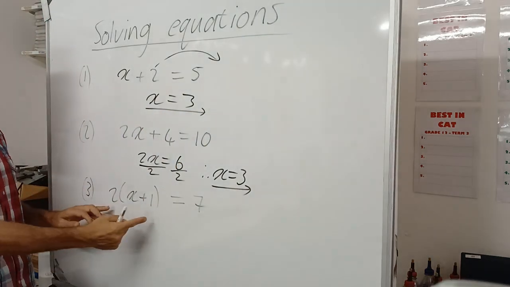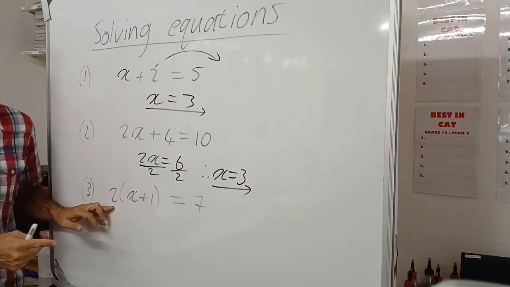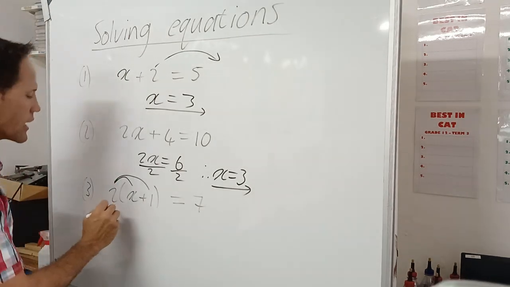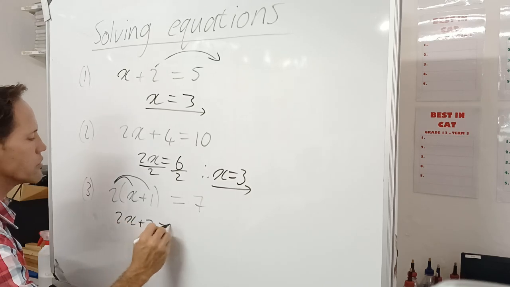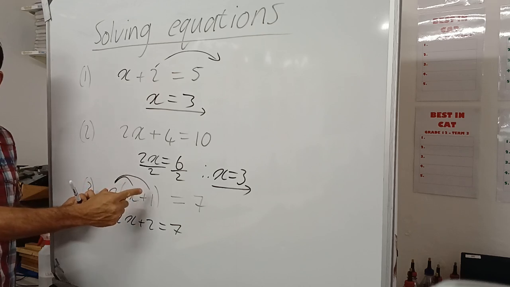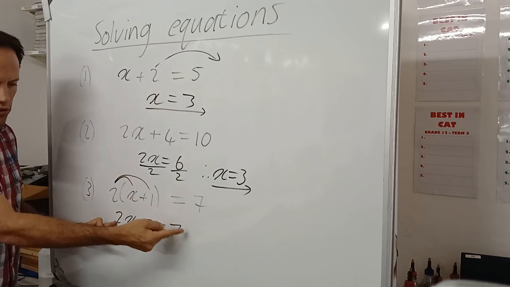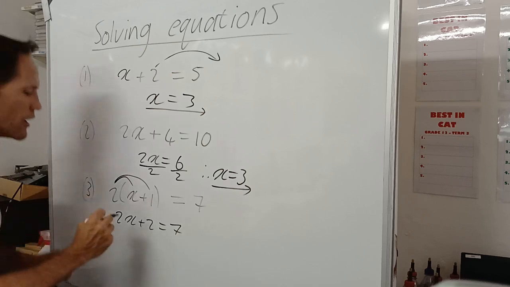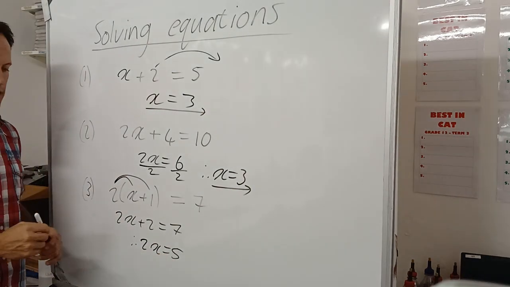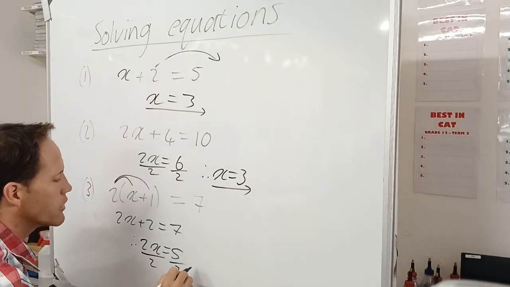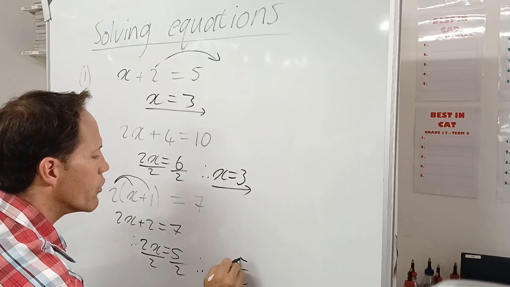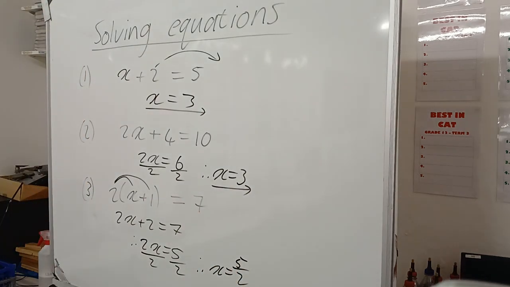Now what about this? Here we have to first get rid of the brackets. So with these ones we multiply the 2 in. So you're going to get 2x plus 2 equal to 7. Okay, multiplied in, that's a rule, the distributive law, right? Multiply the 2 in. Then you take the 2 over, so 7 minus 2 is 5. So therefore, 2x is equal to 5. And then we divide both sides by 2. So divide by 2, and therefore x will be, you can write it as 5 over 2, or you can write it as 2,5. Okay, so there's some of the basic